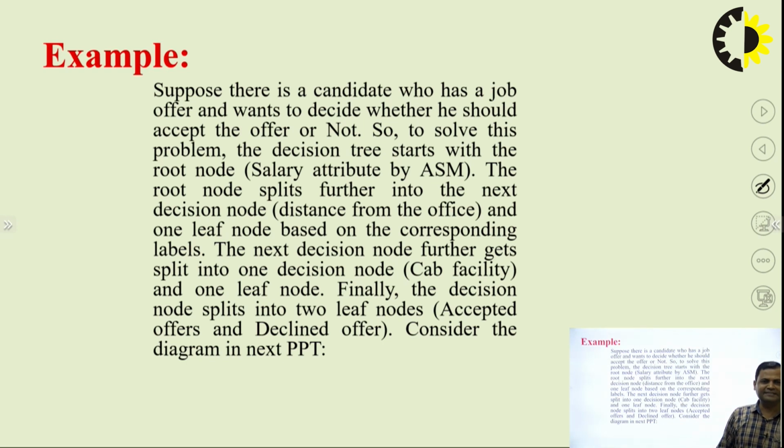On the basis of the other parameter, the next decision node will further get classified into the decision node, that is the cab facility, and one leaf node. And finally the decision node splits into two leaf nodes, accepted offer and declined offer. So in this particular problem, we have two kinds of responses, accepted offer and declined offer. This can be seen easily with the help of the diagram